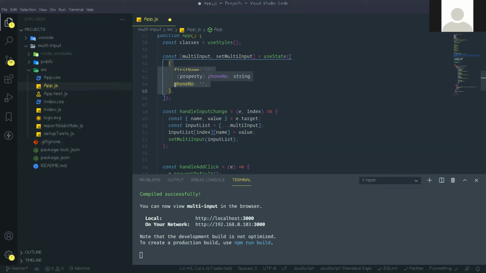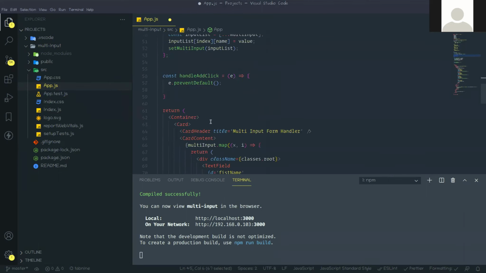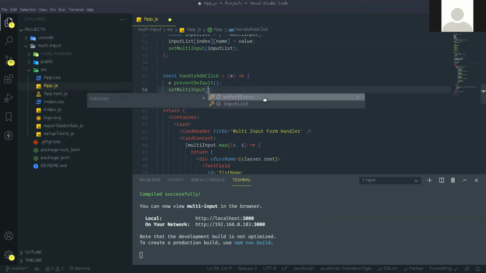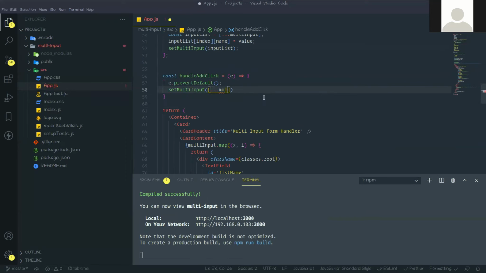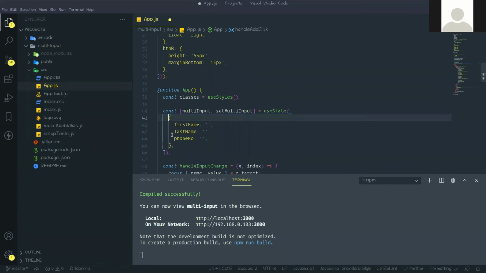Because we already run the loop, automatically it will create another input group for us. So here set multi input, we set the multi input, whatever is present, that multi input already there, however many are there. If we have already created 2, then it will take those and then add another one, another initial object.